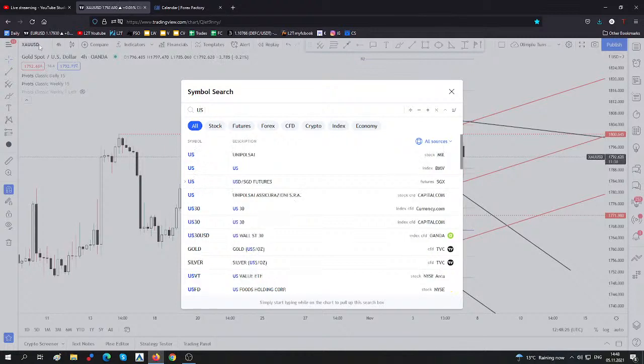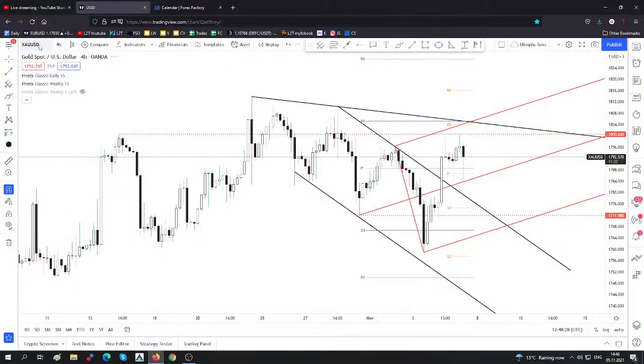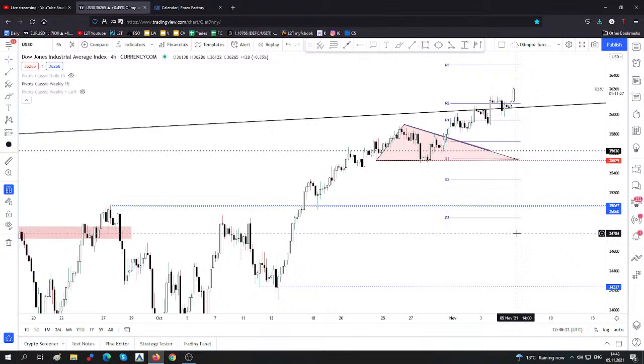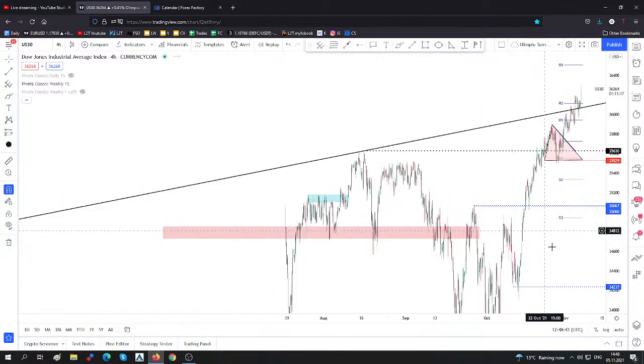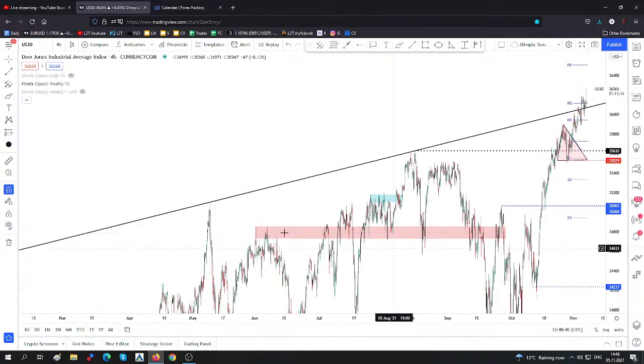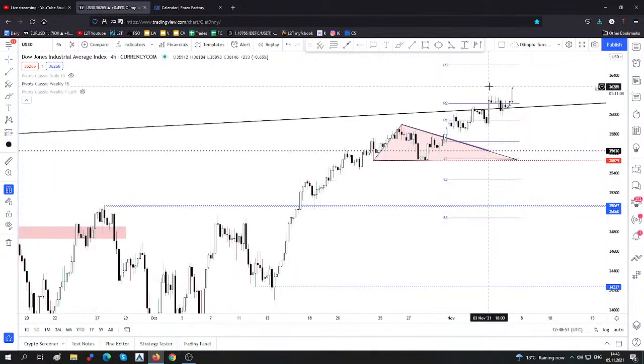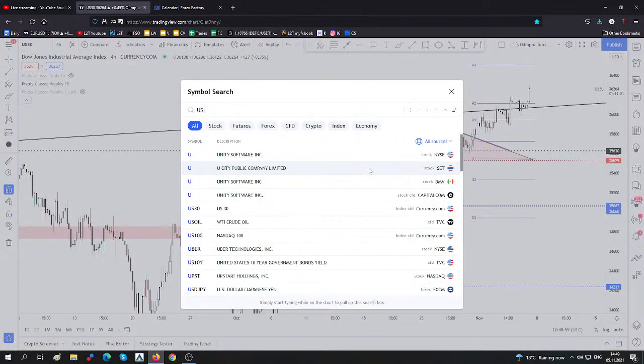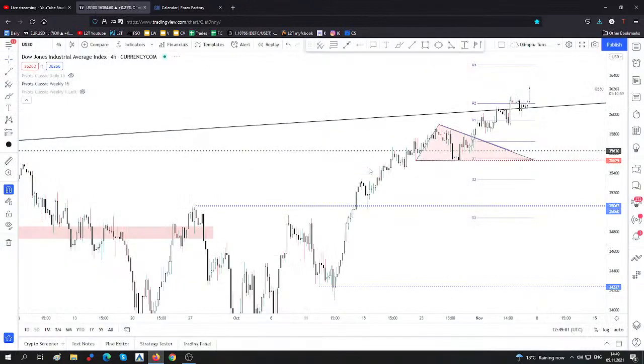Okay, let's take a look. US 30. Let's take a look on US equities right now. Wow, what an important rally right now. The Dow Jones Industrial Average has reached a fresh new all-time high, 36,286. I've told you guys to be careful at this potential dynamic resistance. Breakout, retest. Right now a new higher high could signal potential further growth in US 30, but personally I don't want to go long here around the fresh all-time highs.